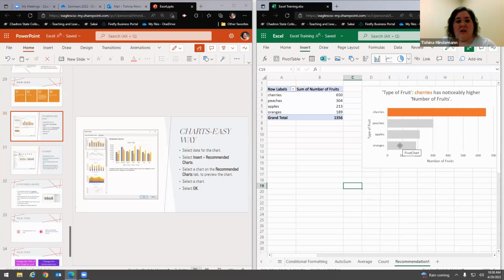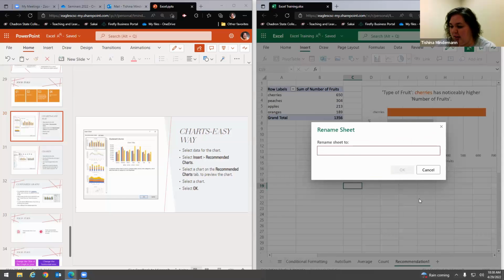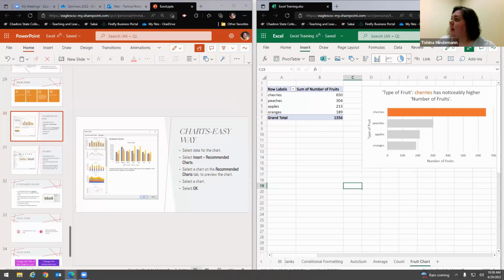So is this chart embedded into the document? Yes, it is. You can see it creates another sheet down here that's called recommendation. Again, you can go in and change the name of that sheet to say, like, fruit chart. And now you can show whoever it is that you need to show it to, the type of fruit. It also extrapolated this information that cherries has a noticeably higher number than the other fruits. You can change that